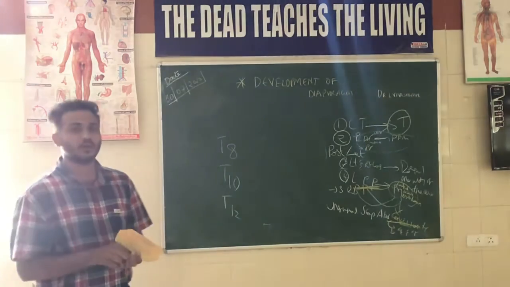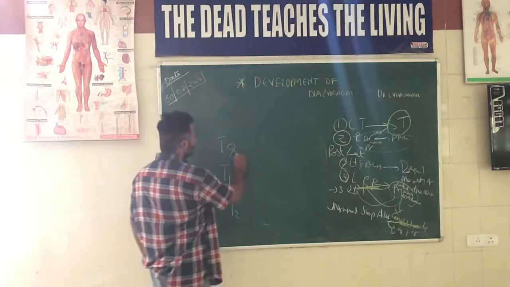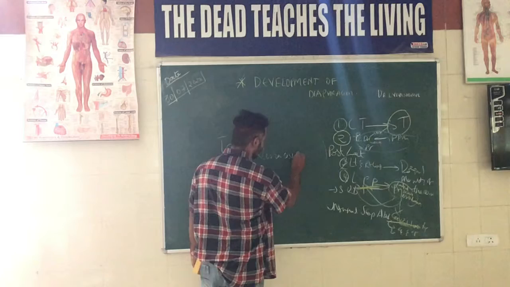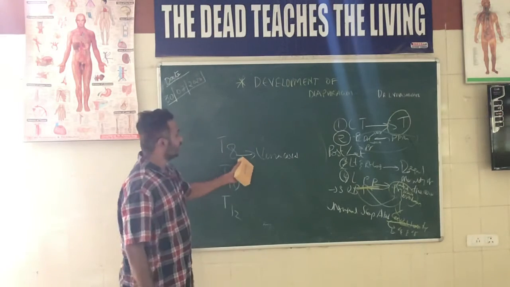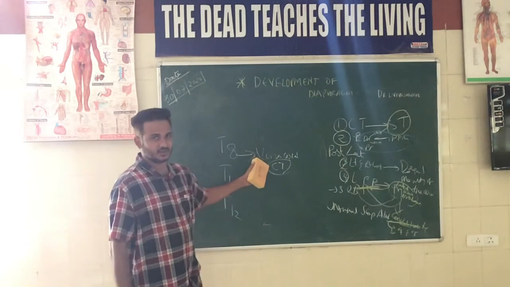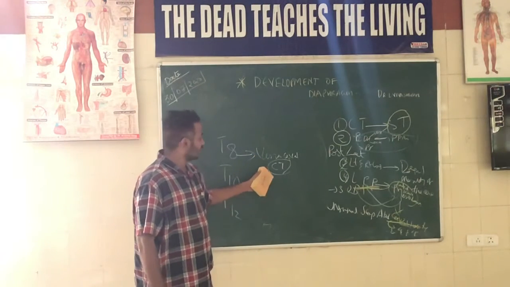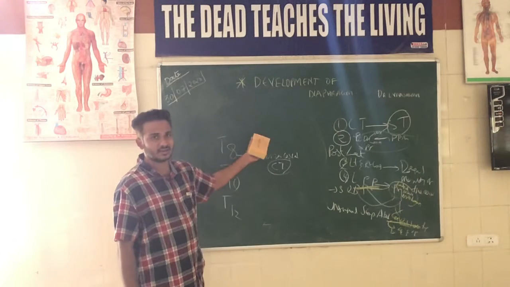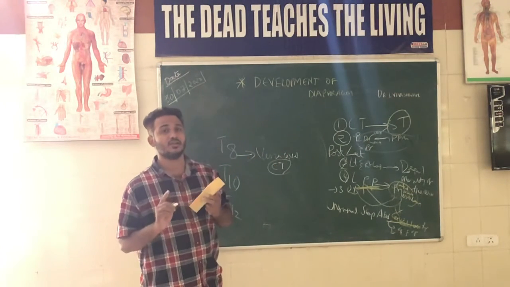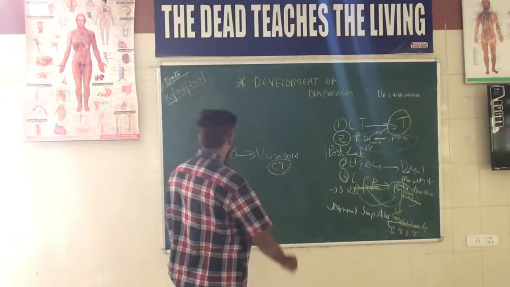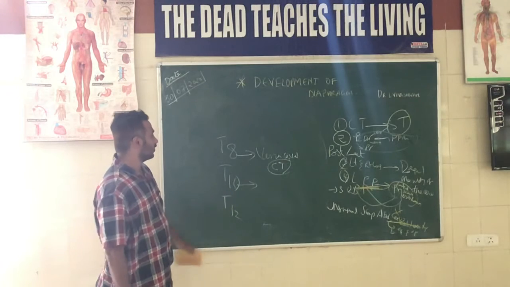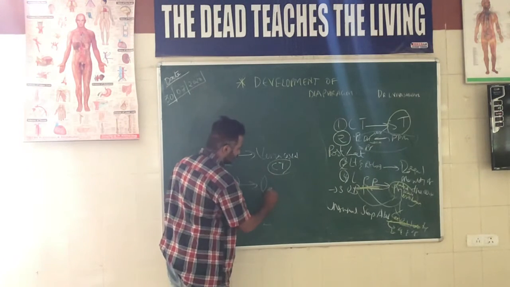So what is the opening which is present at the T8 level? The opening at the T8 level is called the vena caval opening. It is actually in the central tendon. The inferior vena cava pierces the central tendon, and from here it goes into the thoracic cavity and enters the right atrium of the heart, guarded by the valve of Eustachius. One more is at the T10 level. At the T10 level, we have one more called the oesophageal opening.